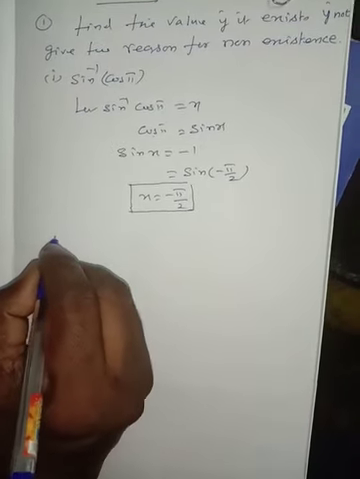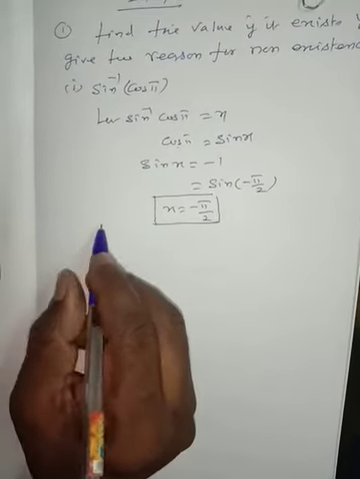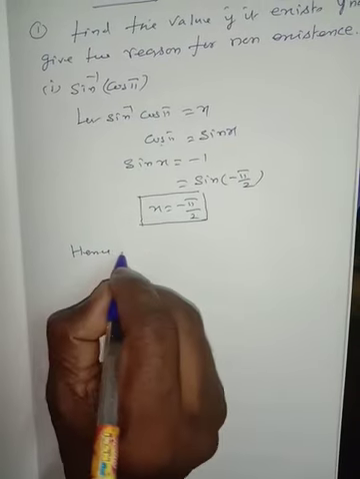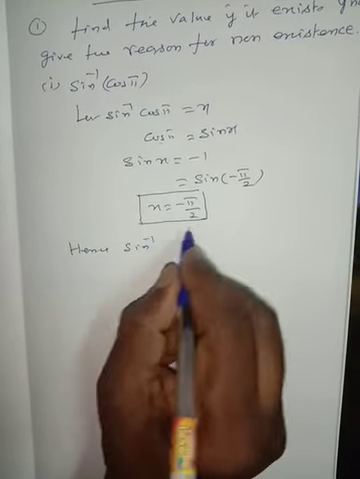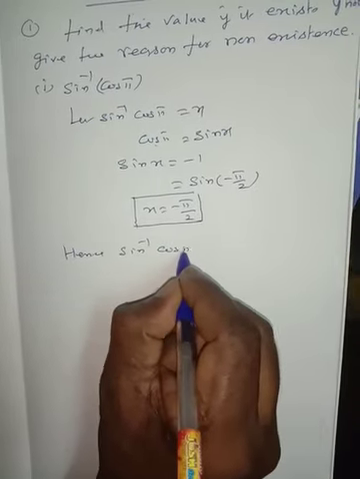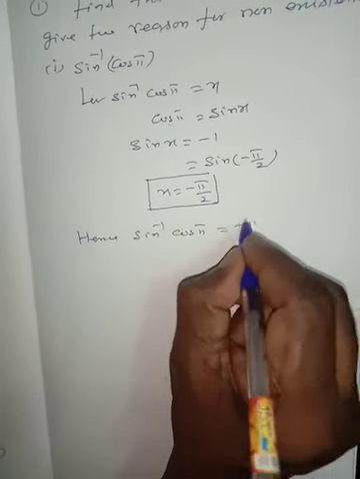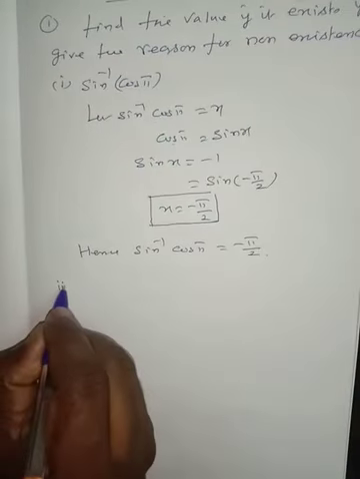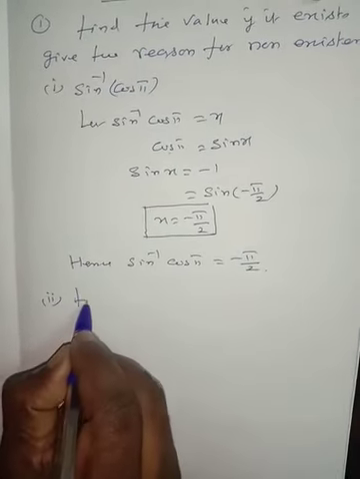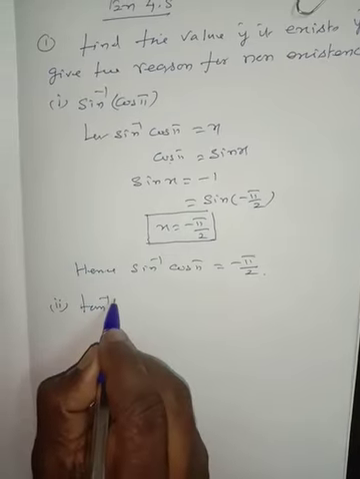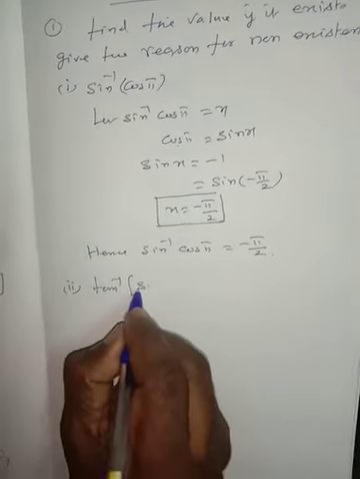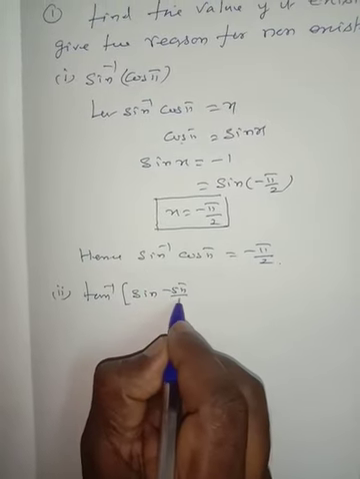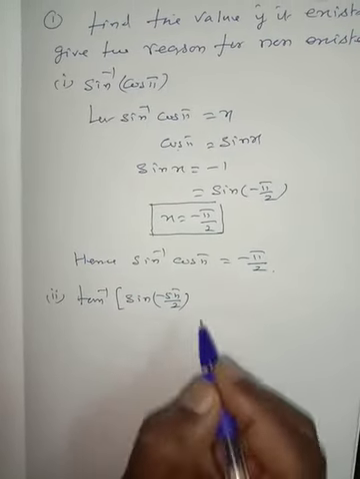Hence the value of x is sin inverse of cos pi, which is equal to minus pi divided by 2. Substitution number 2, tan inverse of sin of minus pi divided by 2 is equal to